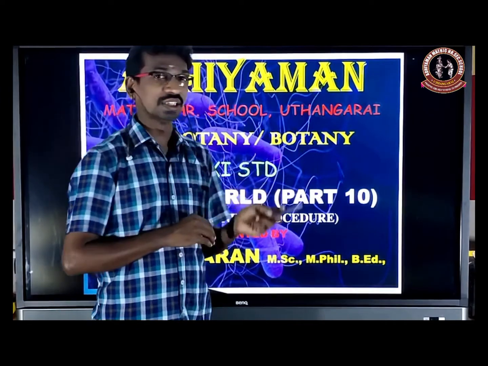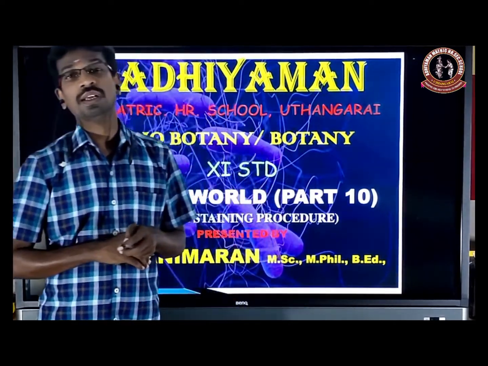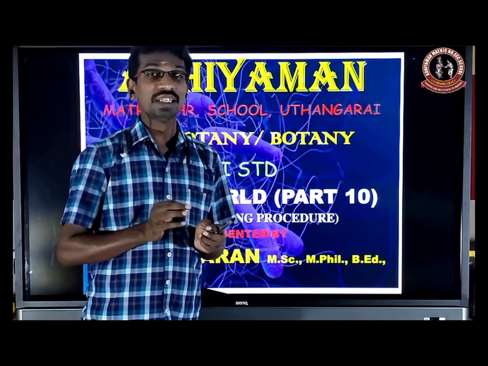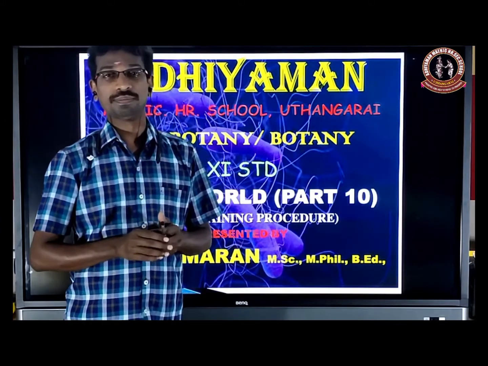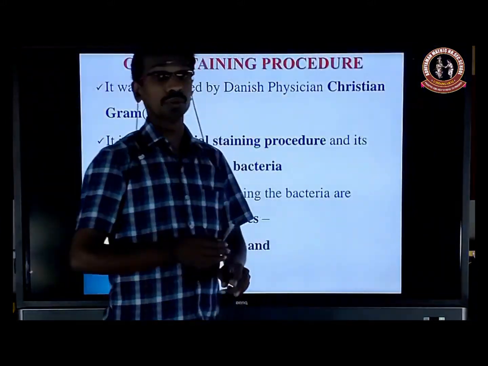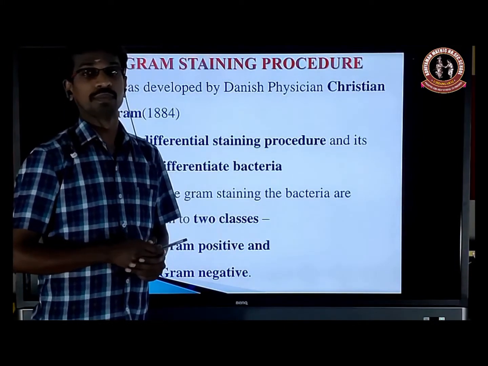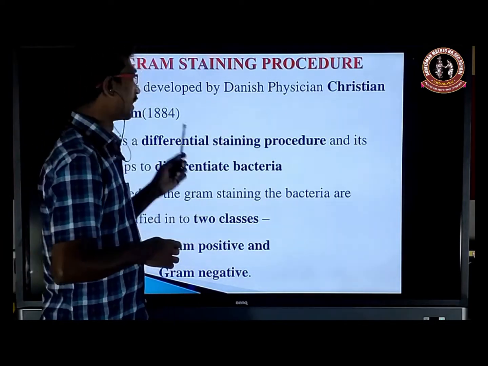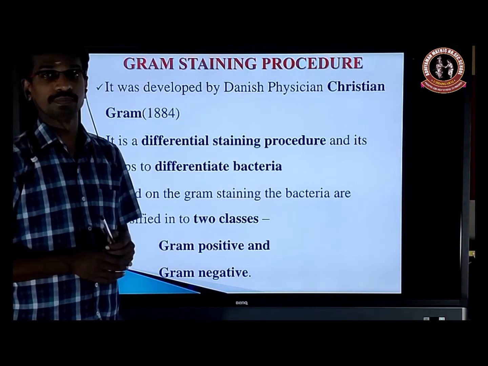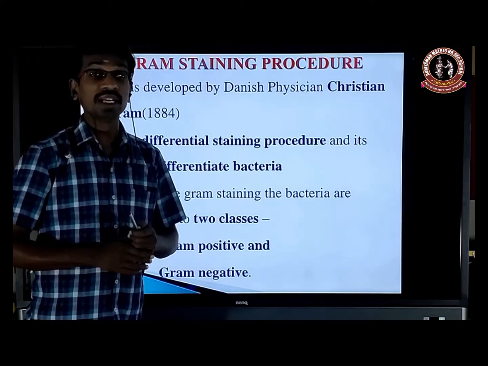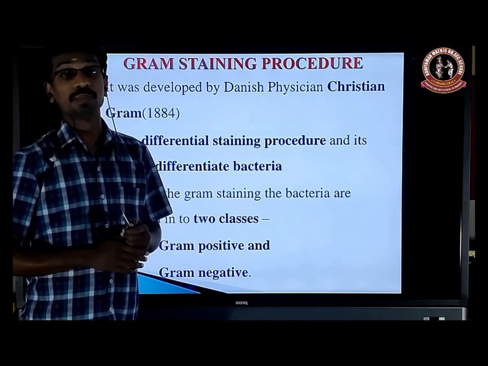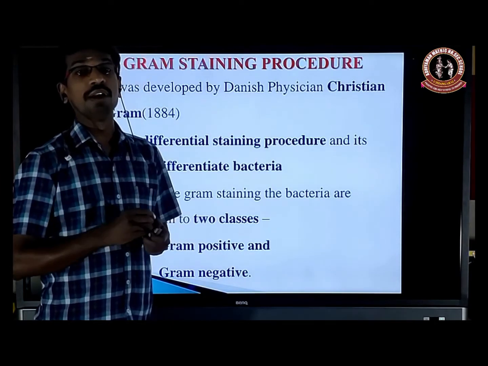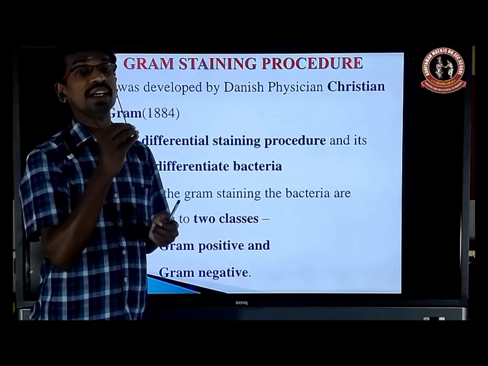The gram staining also helps to differentiate bacteria into gram positive and gram negative. That is why gram staining is generally considered a differential stain, because it helps to differentiate two groups of bacteria. This staining procedure was first developed by a Danish physician, Christian Gram, in 1884. He was the first man to use this staining procedure. That is why we honor the scientist and call it gram stain, and we classify bacteria as gram positive and gram negative.